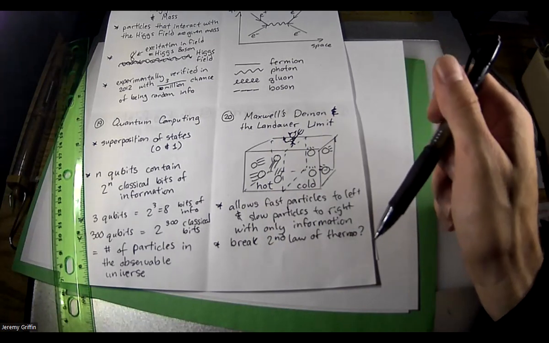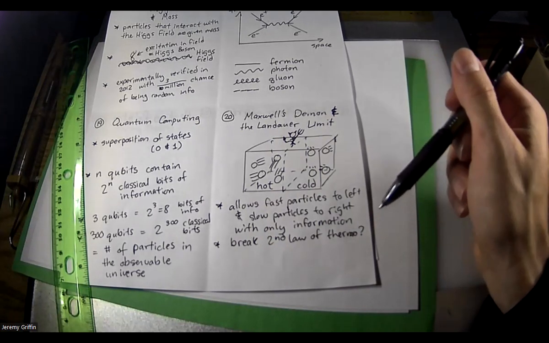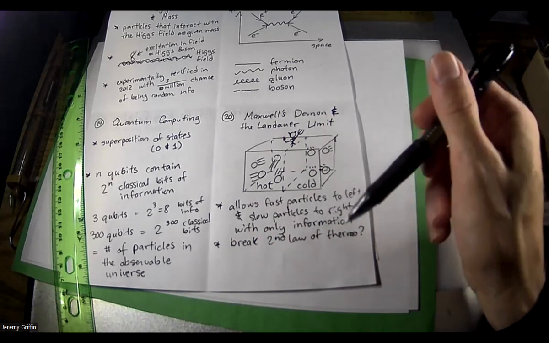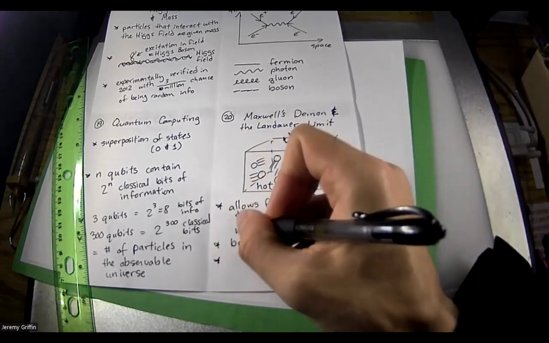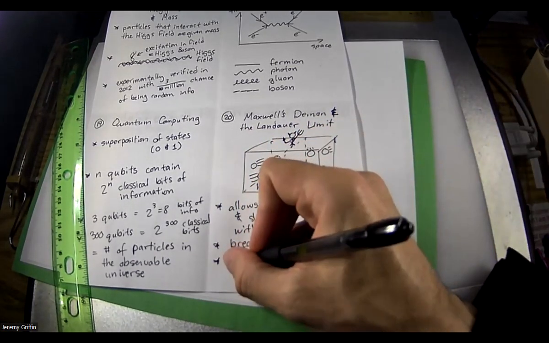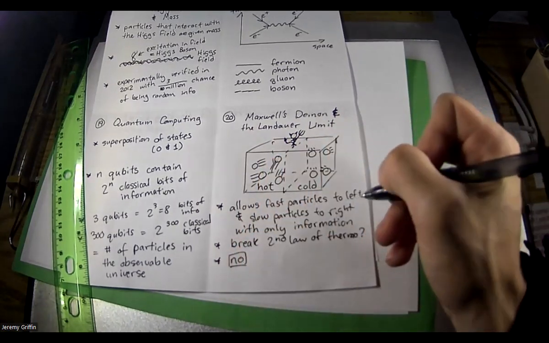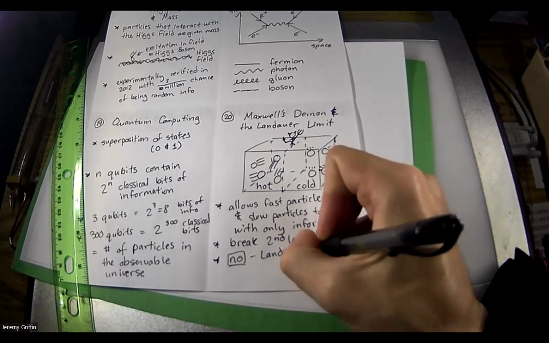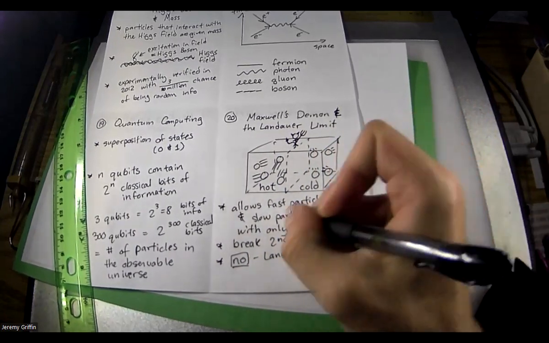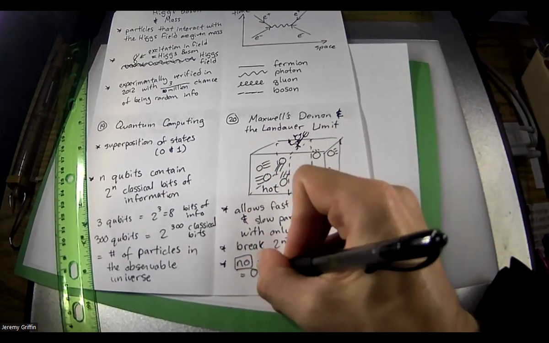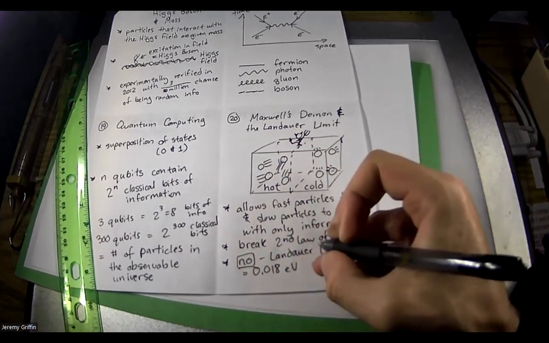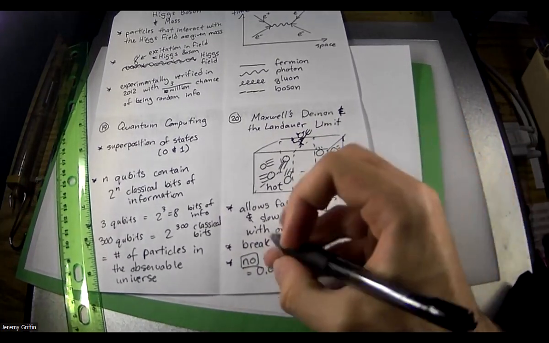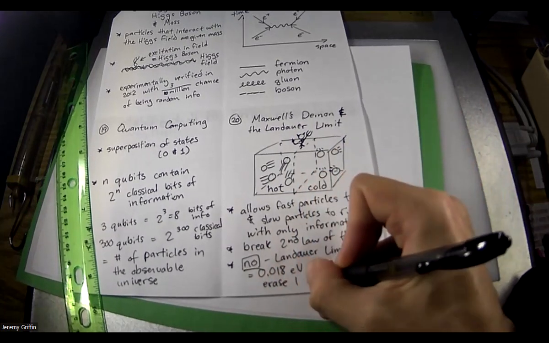Now, physicists felt intuitively that there had to be something wrong with this, but it took them a long, long time to finally pin down what that was. The reason the answer is no, you can't break the second law of thermo with only information, is because of what's called the Landauer limit. Now, there's a number associated with this. It's 0.018 electron volts of energy to erase 1 bit